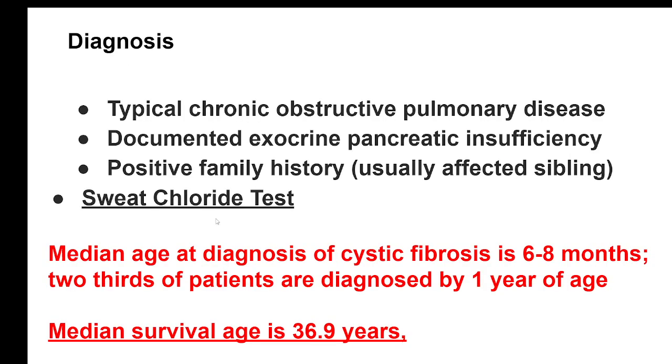The diagnosis of cystic fibrosis is made by three important issues: the typical chronic obstructive pulmonary disorder, documented exocrine pancreatic insufficiency. That pancreatic insufficiency has to be demonstrated by either assessment of lipase and amylase, or more specifically trypsin assessment. Trypsin assessment in the stools is now done by a biochemical test which is quite advanced and complex. In the earlier days, one easy alternative to make out trypsin in the stools